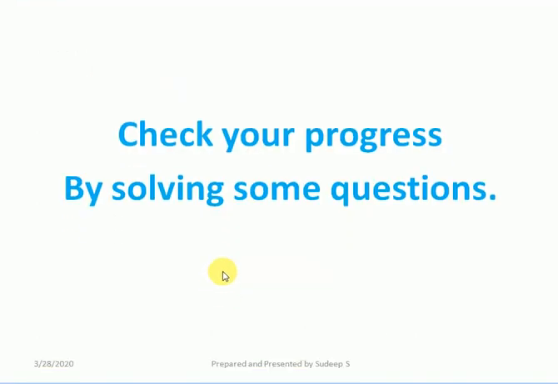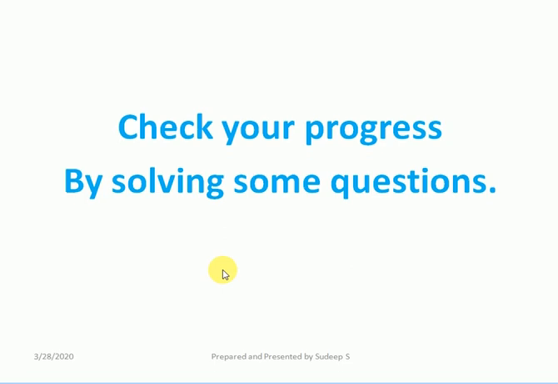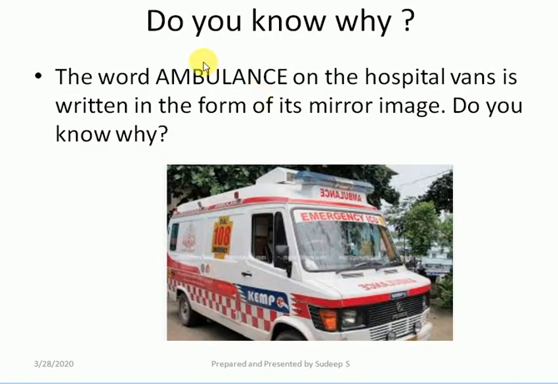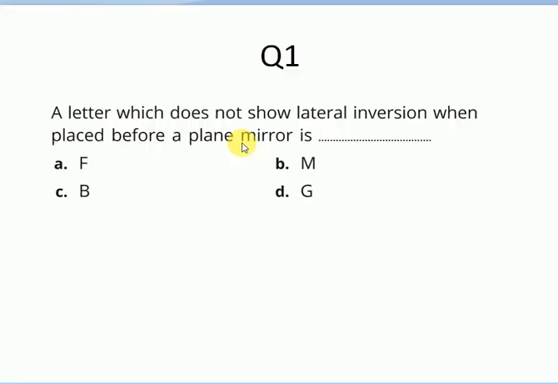Check your progress by solving some questions. Do you know why the word ambulance on the hospital vans is written in the form of its mirror image? A letter which does not show lateral inversion when placed before a plane mirror is